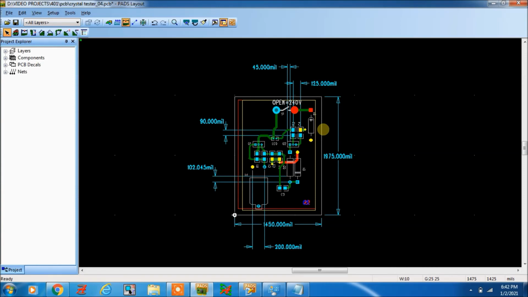So many queries are there, like how to generate Gerber, how to check Gerbers. So again I am going to make one video for layer boards, this board only. In this I am going to tell from the beginning how to do Gerber settings and Gerber generation. In that itself I will show how to check Gerber also.